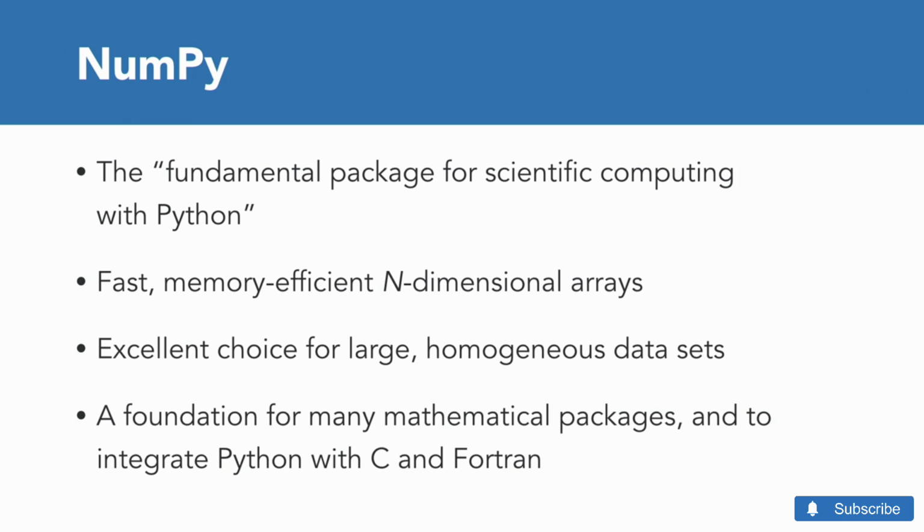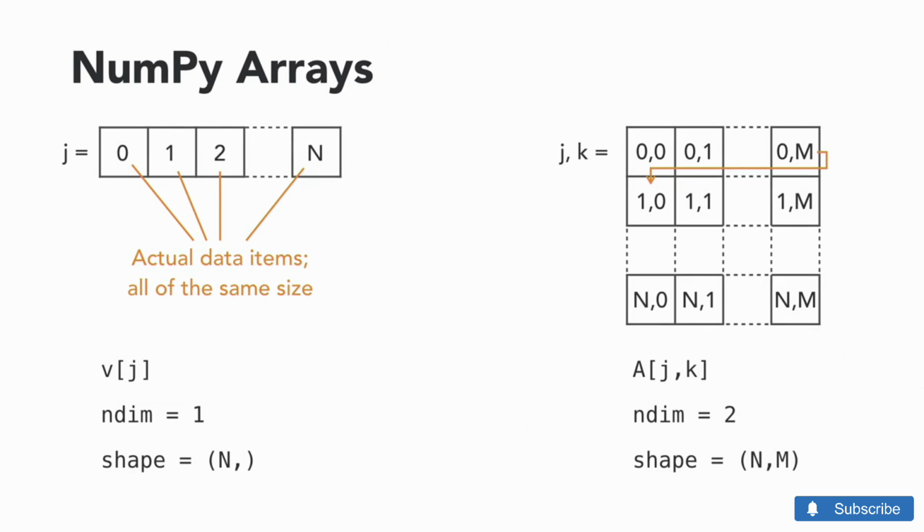However, it's not very efficient when we need to deal with many values of the same type. In that case, you want to reserve space in memory and store all the values side by side. And that's exactly what a NumPy array is. Organizing data in this way is both faster and more efficient in memory. It's also a necessary step if you want to interface Python with other languages, such as C or Fortran, which count on data being laid out in memory like this.